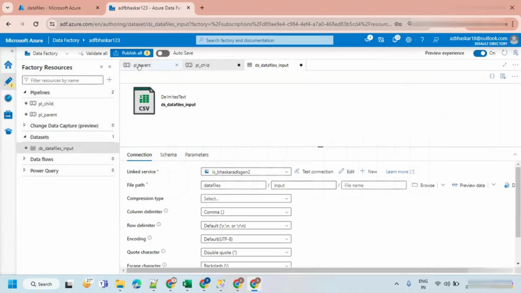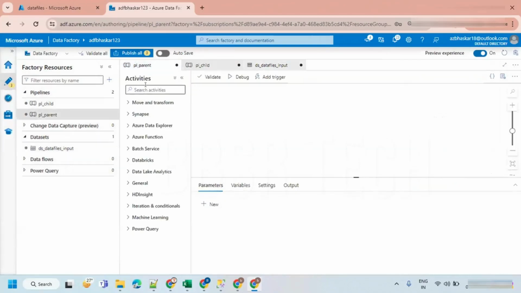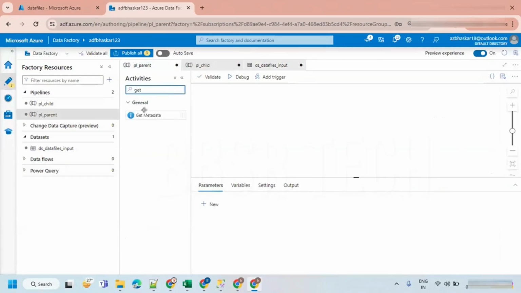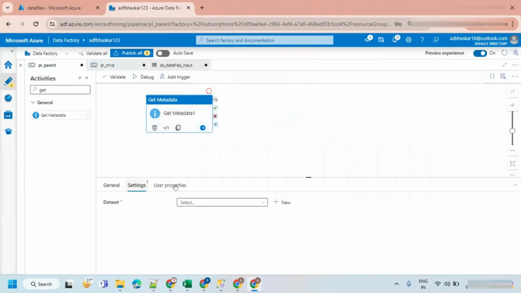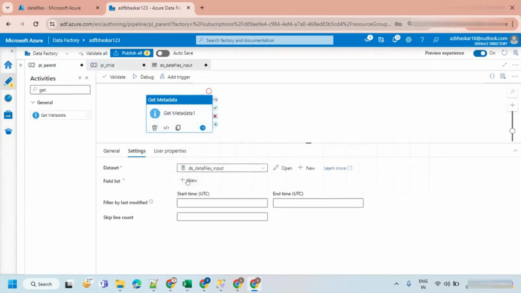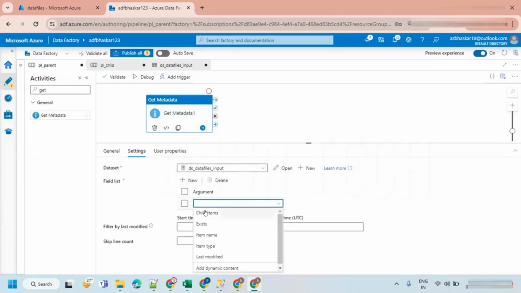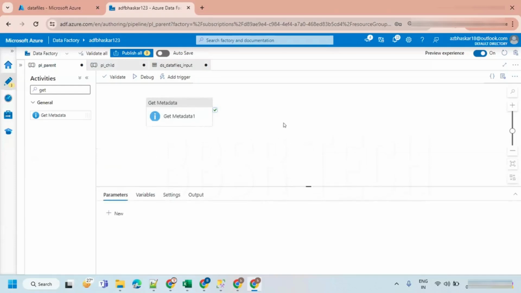Now let's go to the parent again. So here I'm going to use the Get Metadata activity that we know already. Let's take the data set called input data set. And what is the field list we need to take? Child items, because we have to get the list of items. We have to get the list of items so that we can get it. Now if I execute this, just debug,